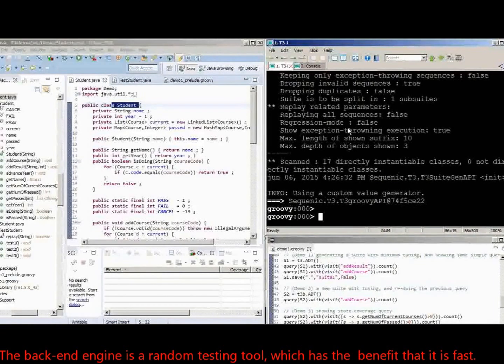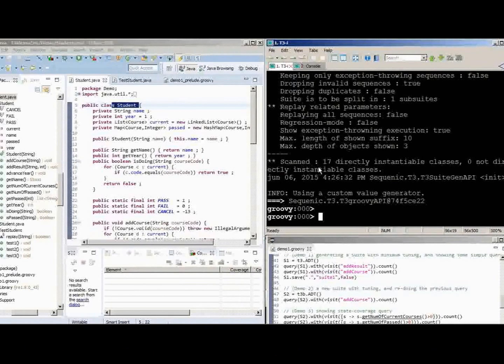This backend engine is basically the one that is doing the actual work of generating test sequences, and we use a random testing engine, and the reason for doing that is because it's usually pretty fast. So now we can start